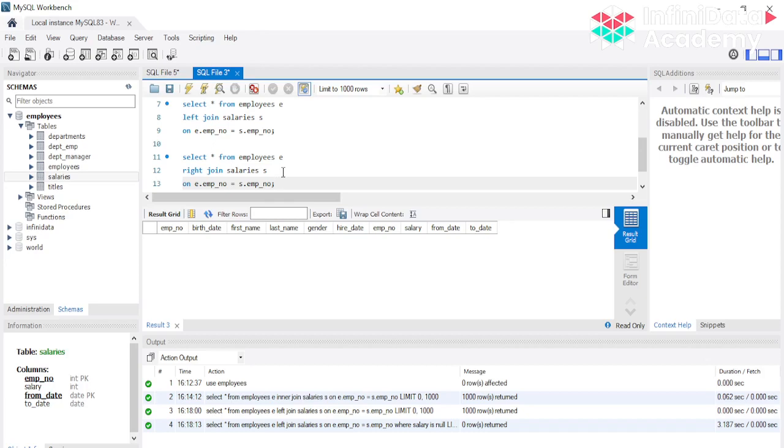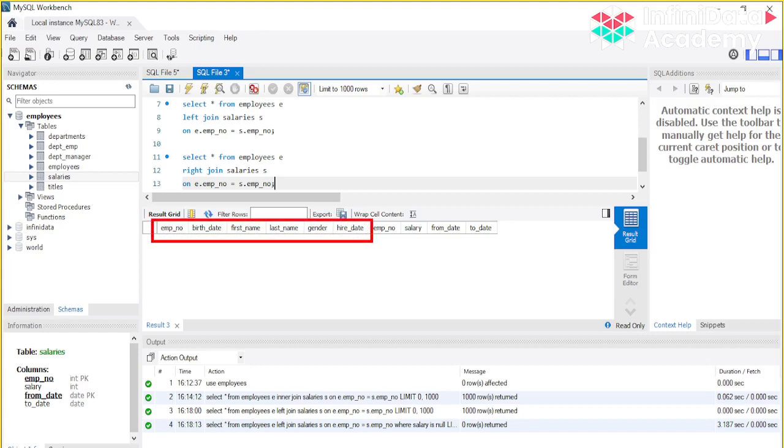In case you have some data present in your left table, and for the same employee number the salary details are not present, then it is going to show you null, so all these 4 values will be null in that case, right?